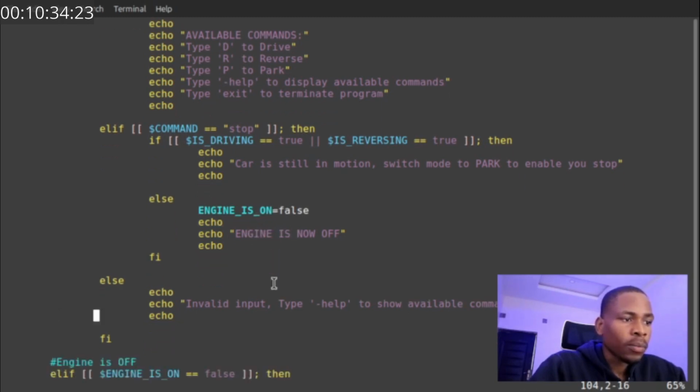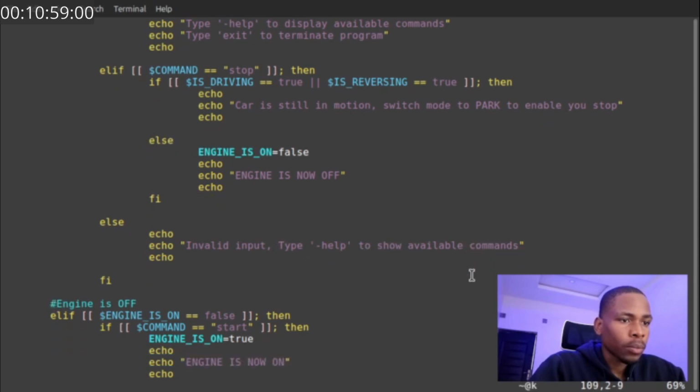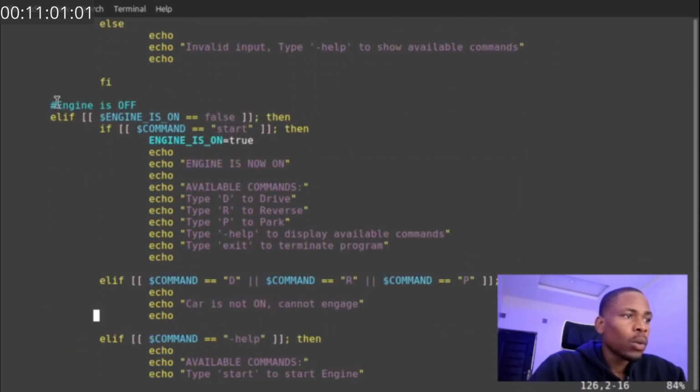Else, our command stop should set our engine is on to false and then echo engine is now off. Then we have this else block that tells us that if whatever command we've typed doesn't fit into any of these blocks, then it should tell us invalid input, type help to show available commands, right? Now we have our engine is off